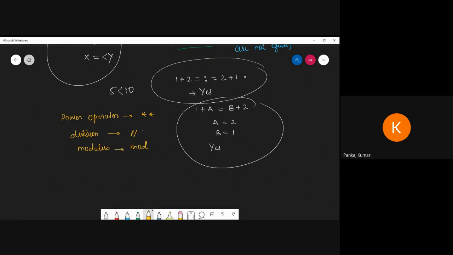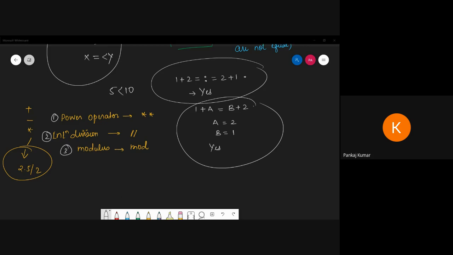mod. Otherwise, you can use plus, minus, multiplication, and division. And here that is not a division, sorry, forget that, it is an integer division, and this will be the only division, integer division. Okay, 2 by 2, 5 by 5, like that. And with that division operator, you can add 2.5 by 2, so these are real by integer. Okay, so these things will happen, so don't be confused. These things are very important. This is the one number and two number, and this will be the three number. Okay, so these things are very important for me.